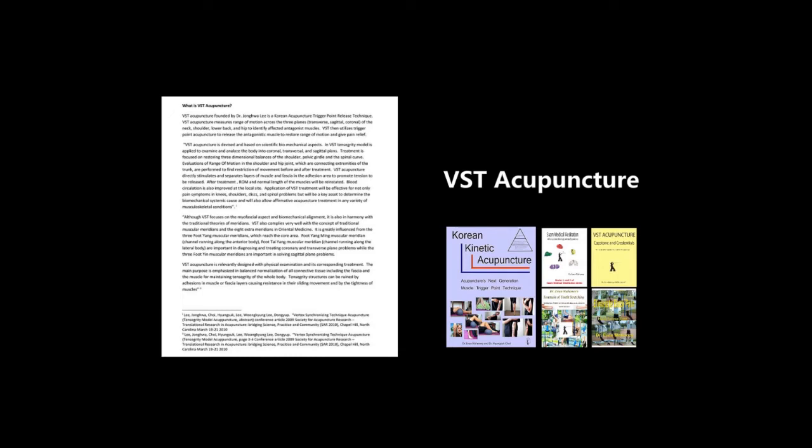Application of VST treatments will be effective for not only pain symptoms in knees, shoulders, disc, and spinal problems, but will be a key asset to determine the biomechanic systemic cause and will also allow affirmative acupuncture treatment in any variety of musculoskeletal conditions. Although VST focuses on the myofascial aspect and biomechanical alignment, it is also in harmony with